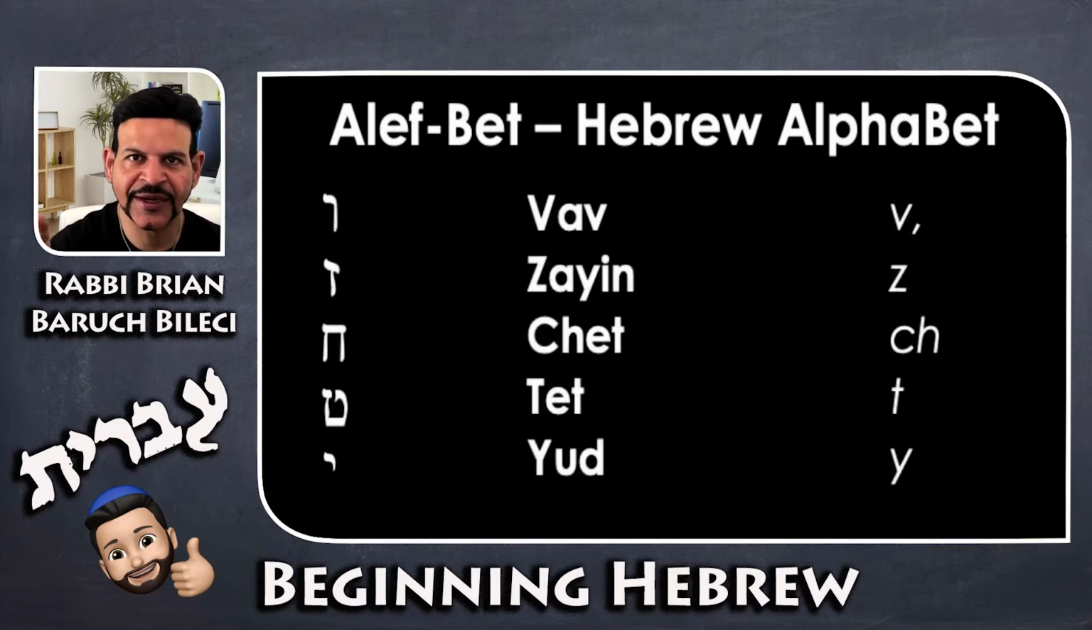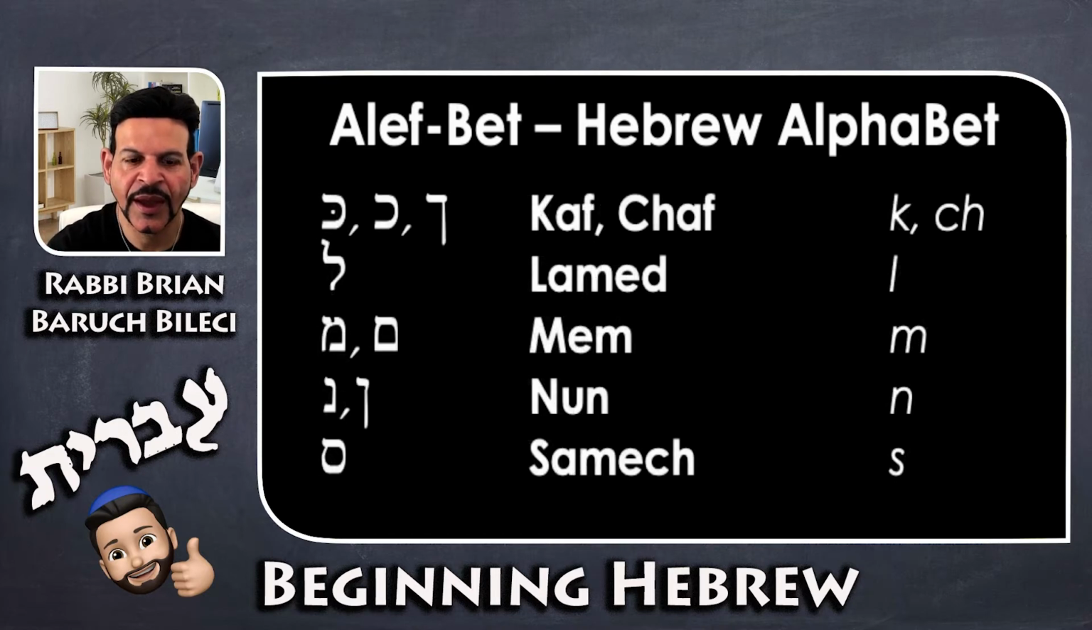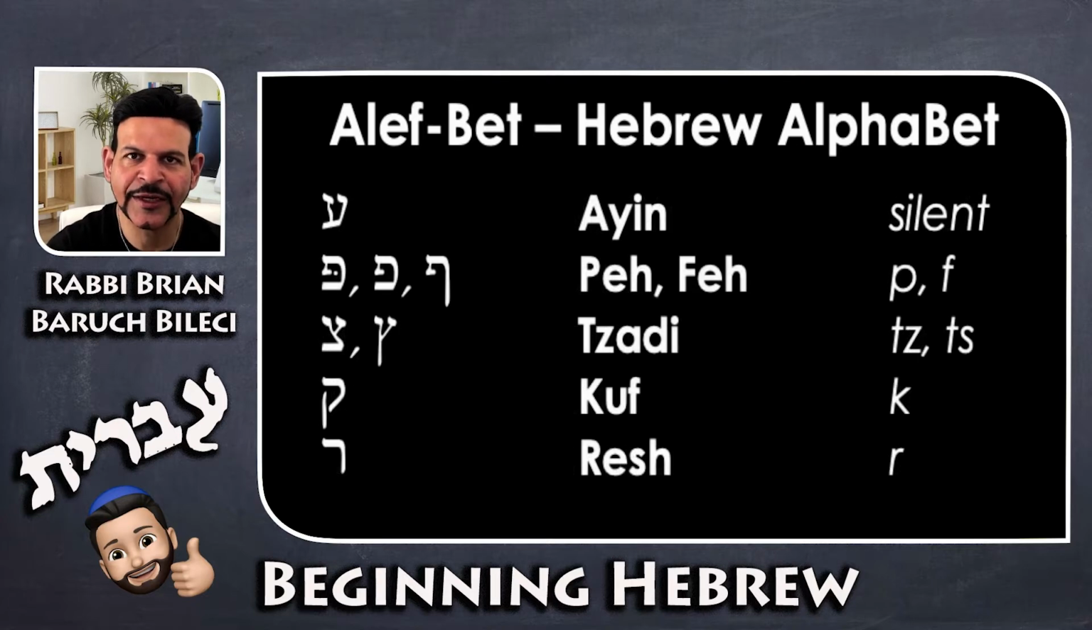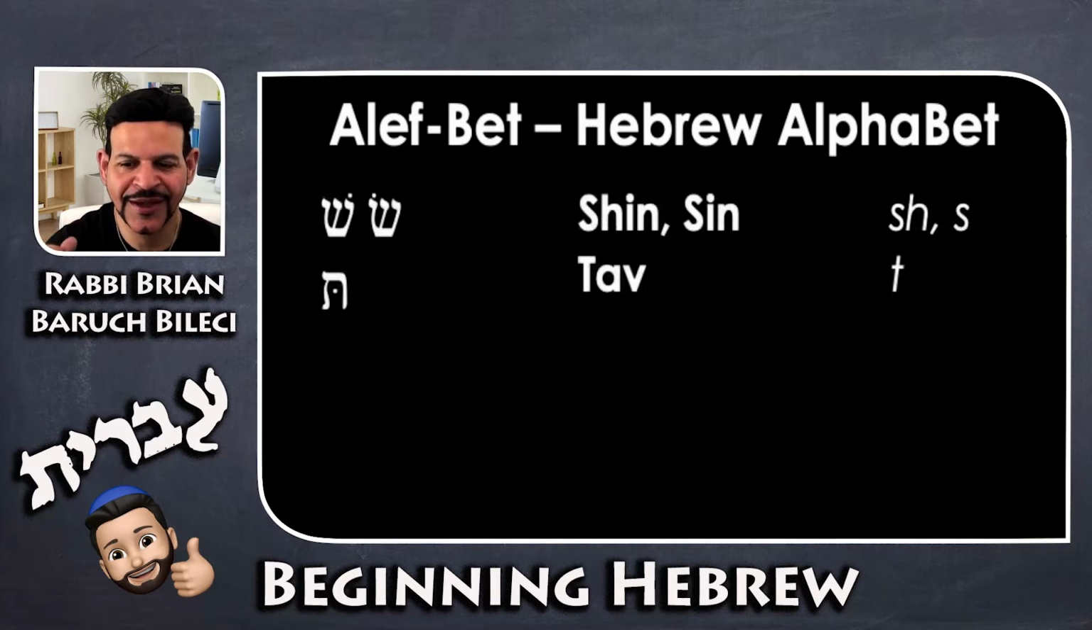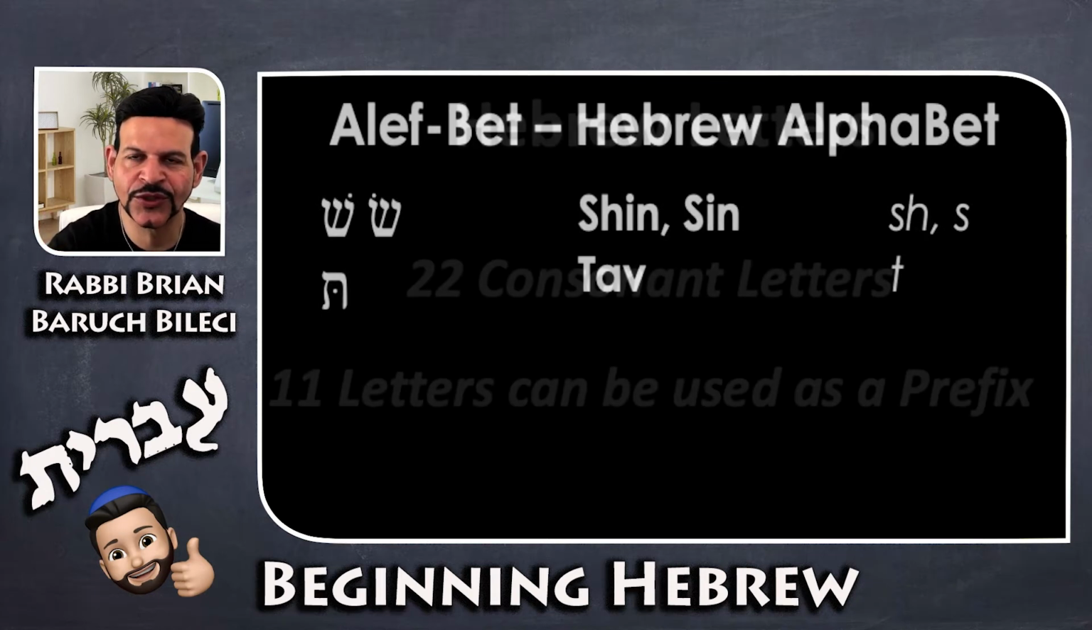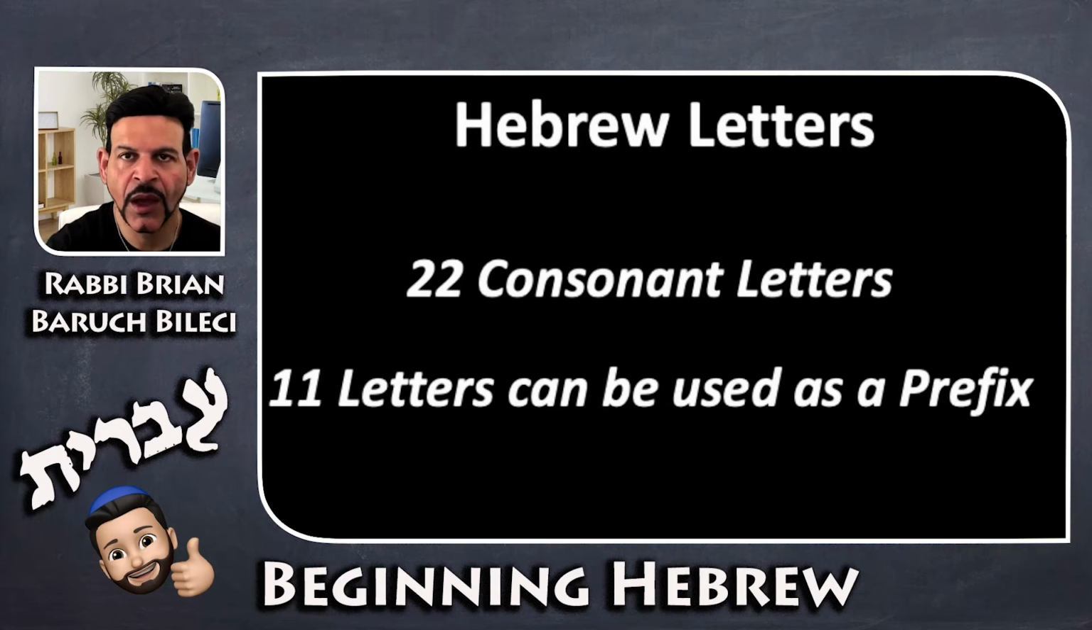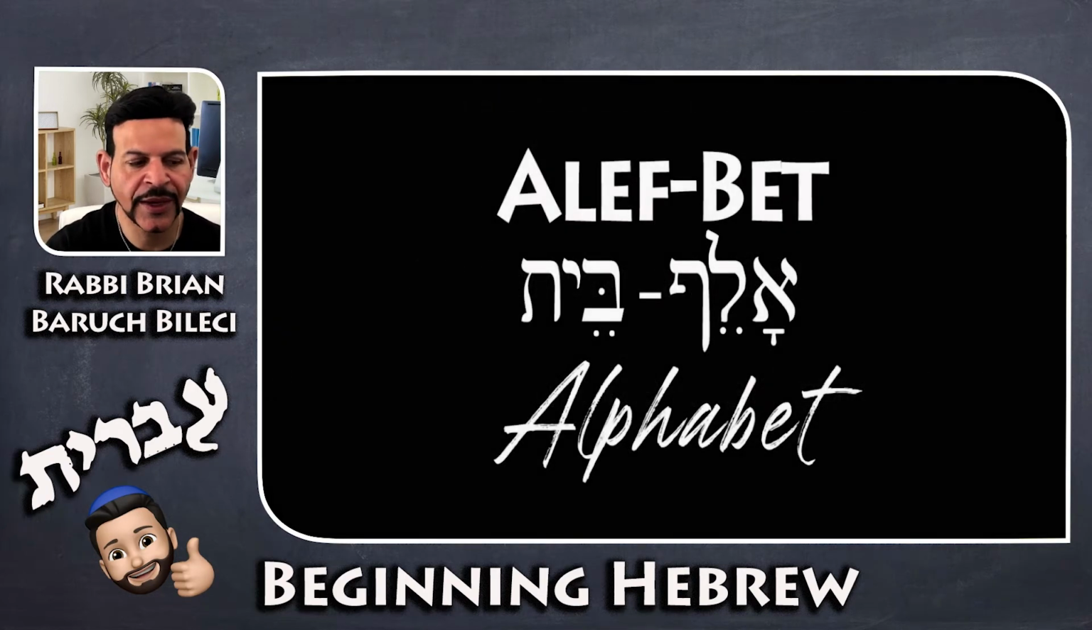Vav, Zain, Chet, Tet, Yud. Khaf, Lamed, Mem, Nun, Samech. Ein, Peh, Tzaddi, Kuf, Resh, last 2, Shin, Tav. All right, so now we have all of the 22 consonant letters of the Aleph Beit, and now we are